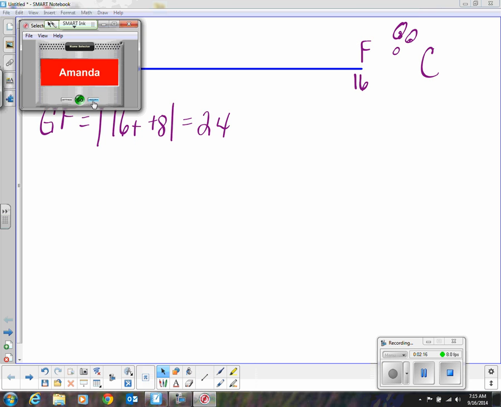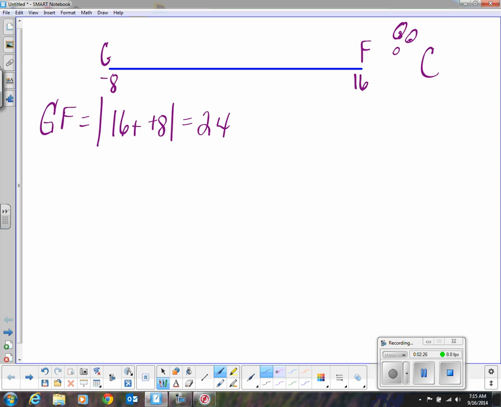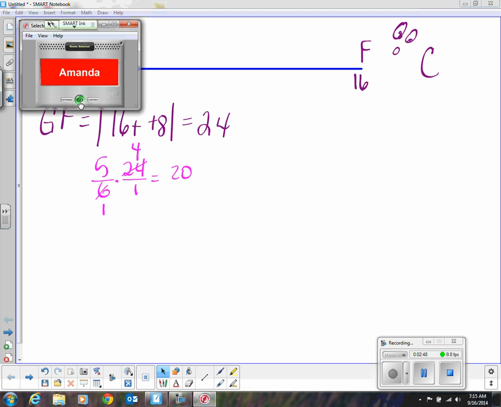All right, Amanda? Once we get our length, we want 5/6. So we're going to say 5/6 of 24. All right, 6 divides itself 1 time. 6 goes into 24 4 times. This is how I avoid having to get very large numbers. I didn't have to multiply 5 times before. I simplified first. All right, so now once we get this 20, that's not the answer, because is 20 between -8